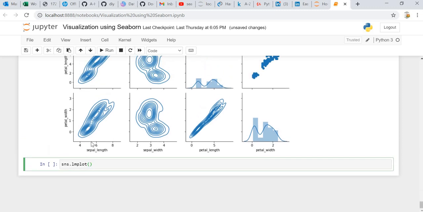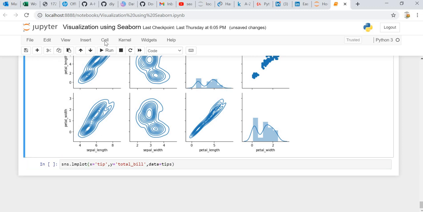These are the most important arguments. So x is tip, let's say we are taking the tips data set, and y is, let's say, total bill, and data is equal to tips.